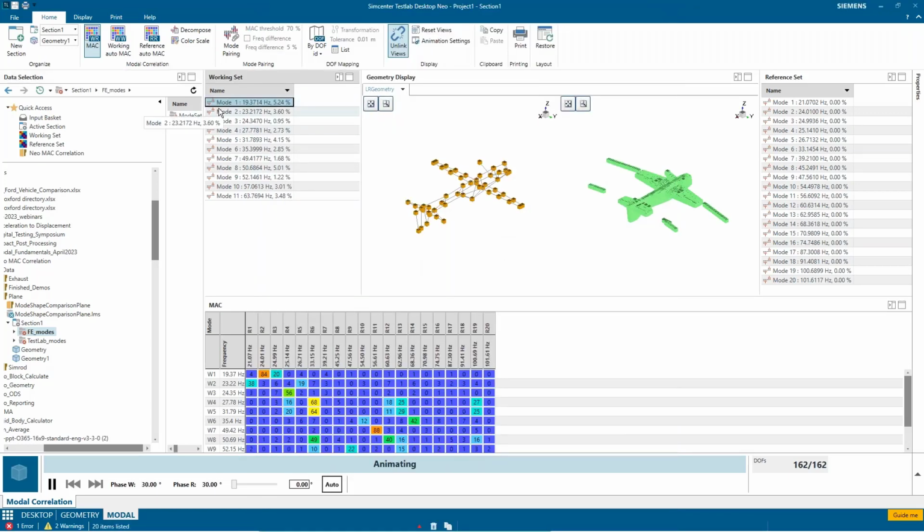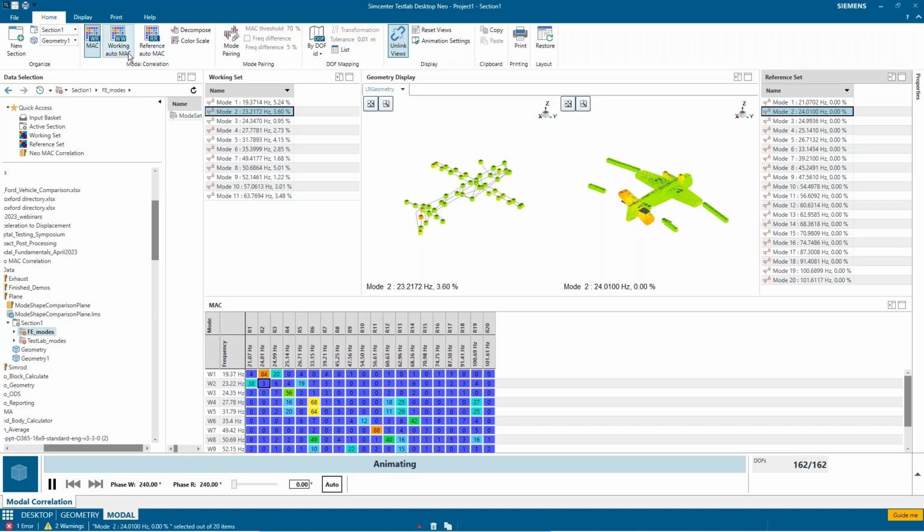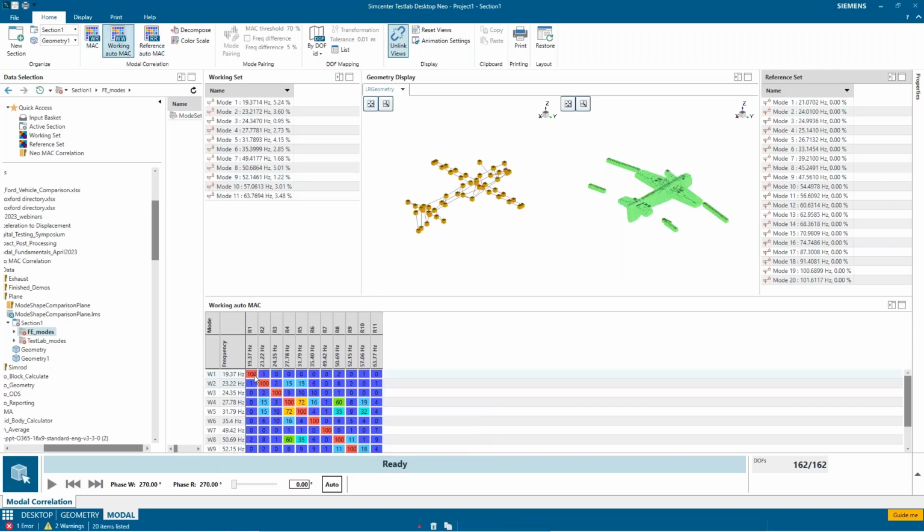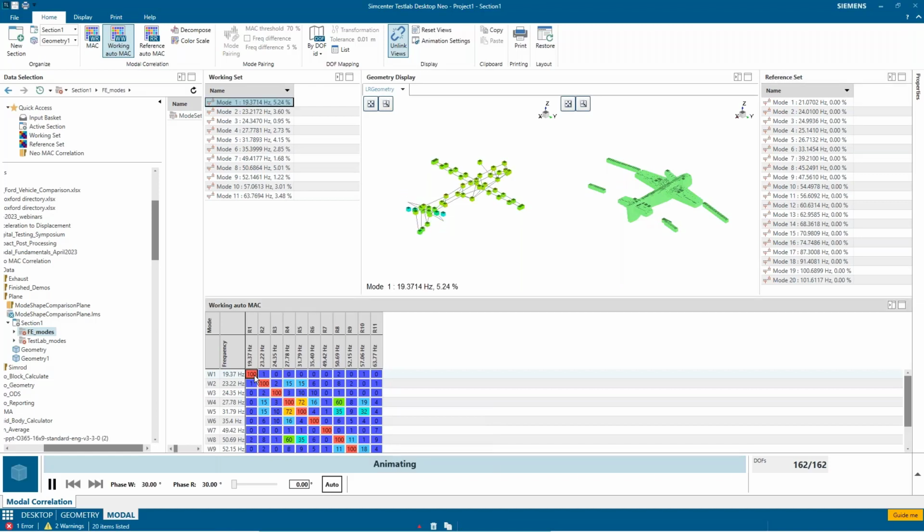I can step through, and I can start to animate the test modes. And on the right side, I can animate the finite element modes. If I want, I can look at the working AutoMac. And this is a Mac of the test modes, and I can step through and see these if I want. And then if I want, I can go to the reference AutoMac.